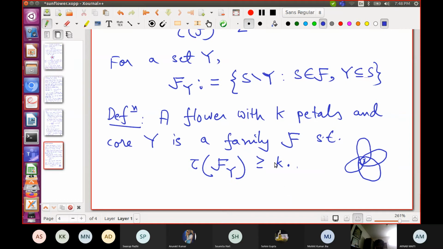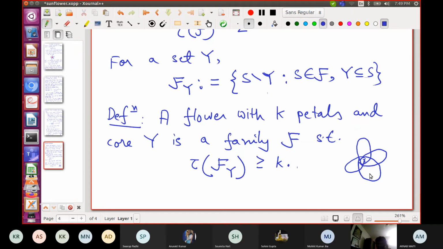Because all these sets contain Y, but the pairwise intersection of any two of them doesn't have to be Y itself. It could have some more elements. So I don't anymore insist that all the pairwise intersections are equal to Y.